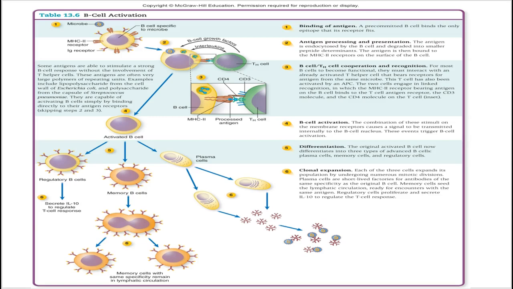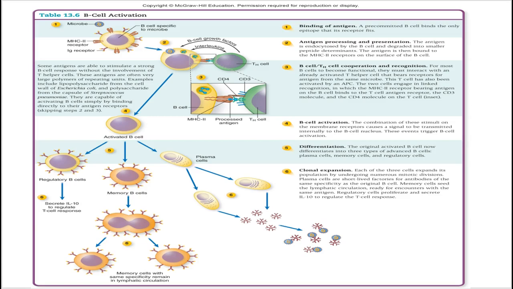Once that B cell has bound to that antigen, then there's going to be some processing of that antigen within the B cell, and then it's going to present that antigen to a T helper cell using that